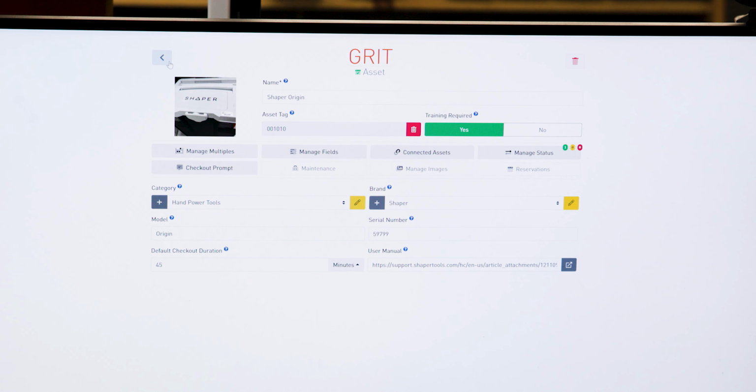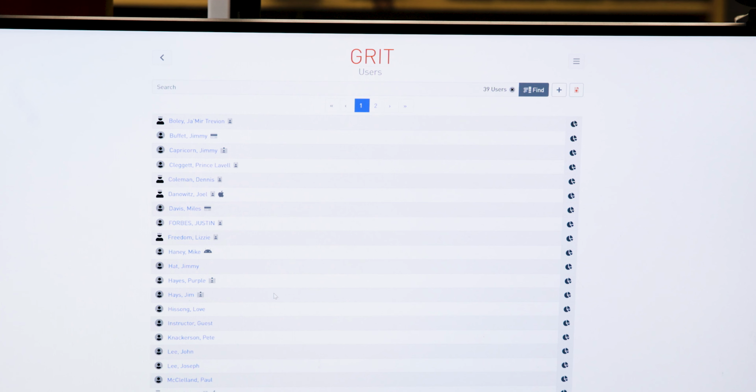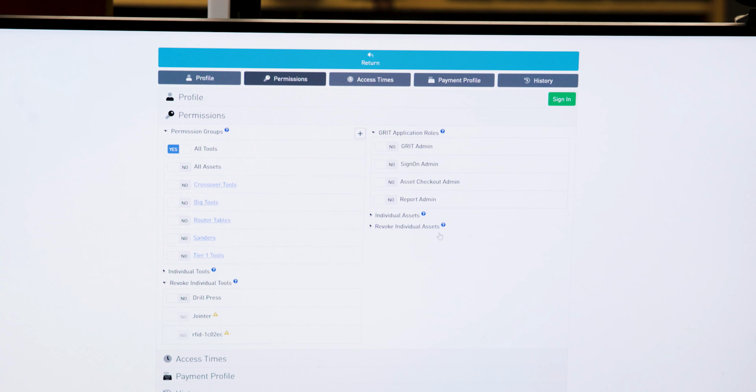Let's go look. We're going back in our user section and clicking on a particular user. Earlier, I had set up this user Jim as our test user. If we click on permissions now, in addition to having the permissions and permission groups for tools, we now have individual asset permissions, because that asset was registered as requires permission. So we can add this asset to Jim to be able to check out,